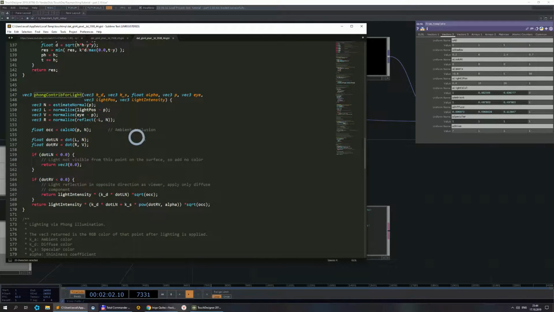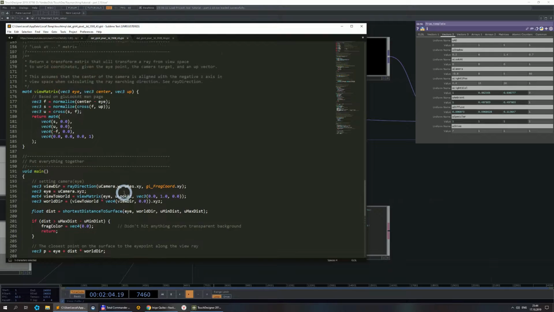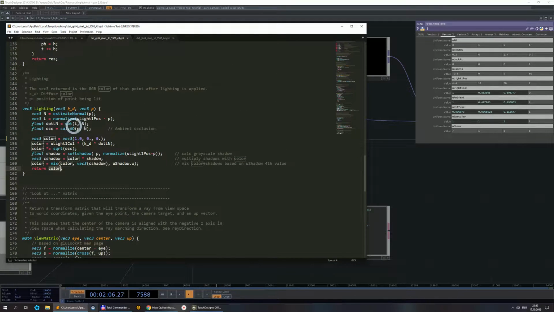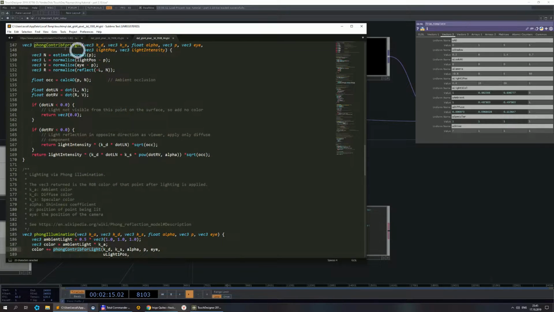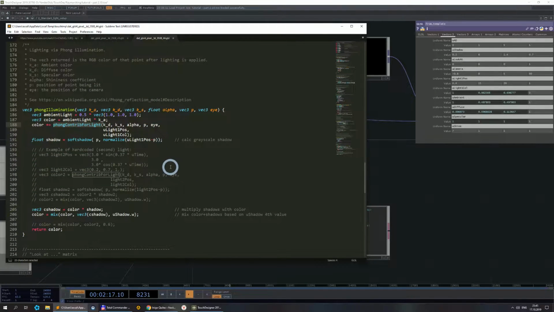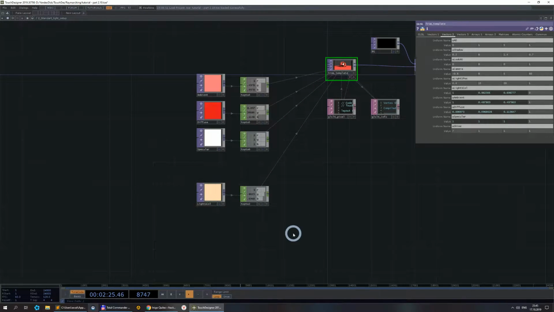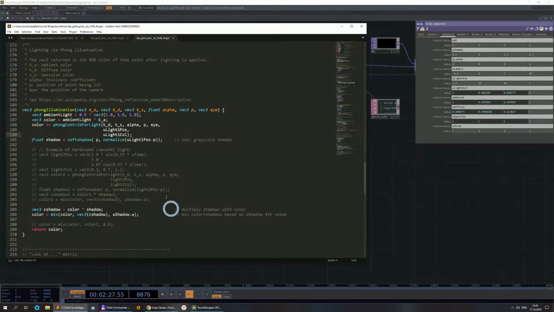And this function looks pretty similar to what we have here. We have shadows and ambient occlusion. Why do we need the second light function? Because here we have only one light, and if we have only one light, we can